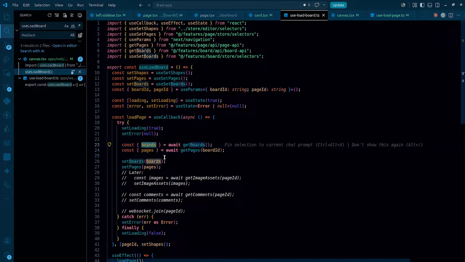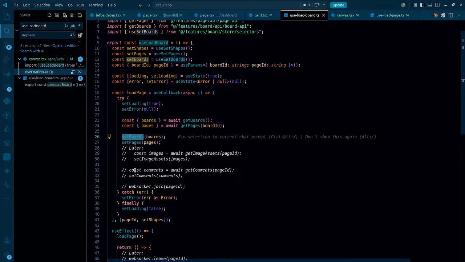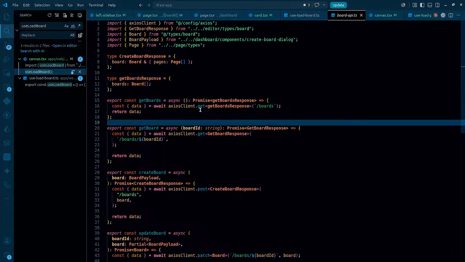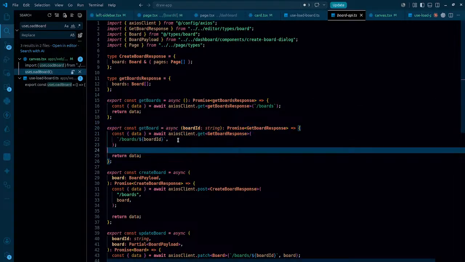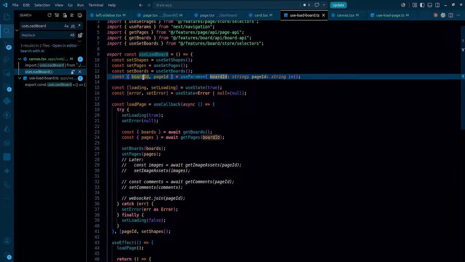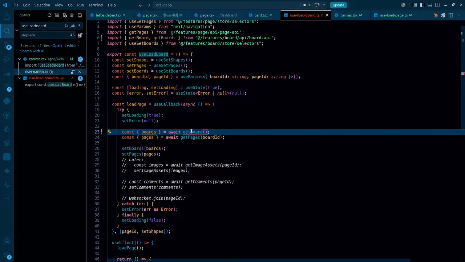Why are we getting all the boards, and what is the use? Set boards. This doesn't make any sense. Why are we setting the boards here when we are inside a canvas? Okay, that's fine. Get boards does what? Get boards. We have to get a board with a particular ID, right? So instead of doing this, we already have the board ID in here. So it should rather be board, and I should be passing board ID from here,